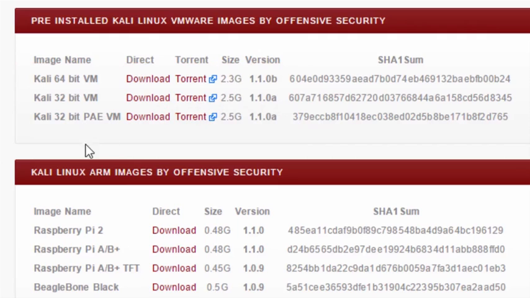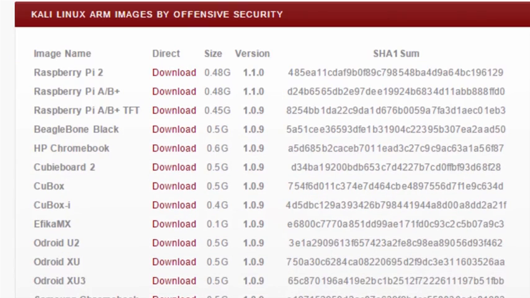But also it's pretty cool because they also have images for other architectures. In this case, ARM images, which is for smaller architectures, like phones, like Android phones. You can see here that they have Raspberry Pi and many other architectures related to ARM, Samsung Chromebook, and all of those. Once you download it, you just place it into your local directory,